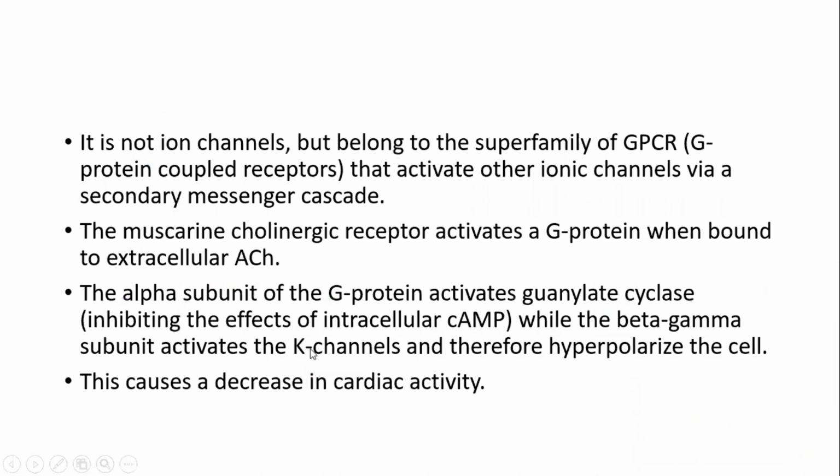Okay, now, so it is not an ion channel but belongs to the superfamily of GPCR which activate the other ionic channels via secondary messenger cascade. So what does this mean? That ion channels do not open directly, but it is the action of the GPCR which is helping the other ionic channels to get opened up. Okay? So the muscarinic cholinergic receptor activates G protein when bound to extracellular ACh. So the alpha subunit of G protein activates guanylyl cyclase, while the beta gamma subunit activates K channels, therefore hyperpolarizing